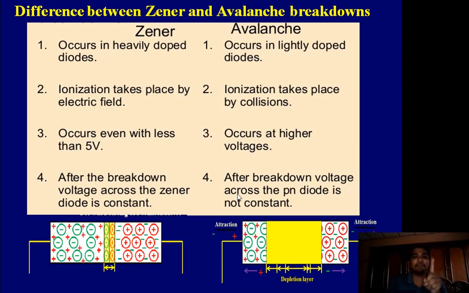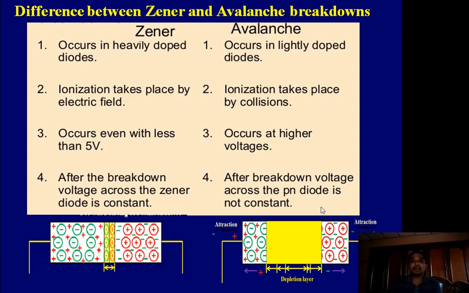So at that point, a huge number of electron-hole pairs are going to conduct. At that point, the diode breaks down and will not oppose the current, so the current sharply increases. This is what happens in avalanche breakdown in a normal PN junction diode. This should not happen, as it will damage the diode and the circuit also.